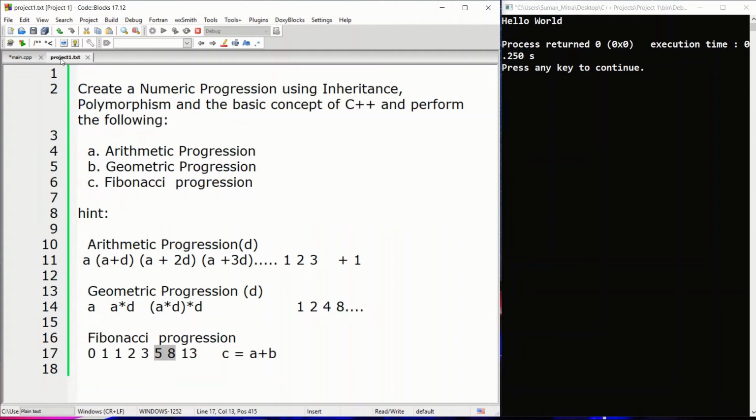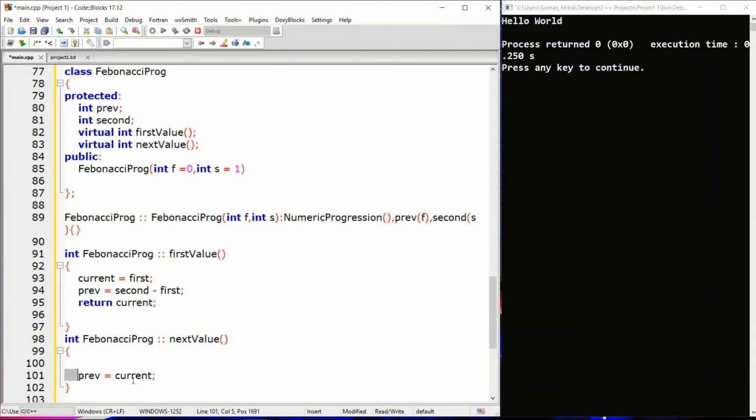You can see here, suppose we want to print 13. For the 13 we want this previous one should be that of current. Okay, come down here, I'll show you. Previous should be that of current.